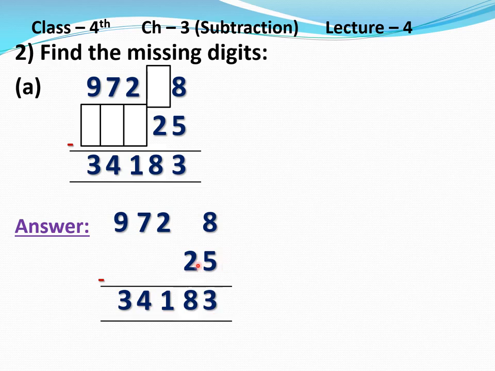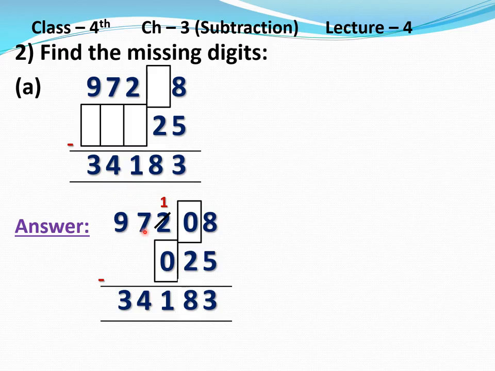Here 3 is written. Now see, here 2 is written, means in subtrahend 2 is written and difference is 8. It means in minuend we will plus. See, 8 plus 2, 10. So write here 0 and we will subtract here 1. So 2 will become 1. Okay, now see, in 1 what we subtract, that answer is 1. Now what should we subtract from this 1 so that the answer is 1? We will subtract 0. So write here 0.